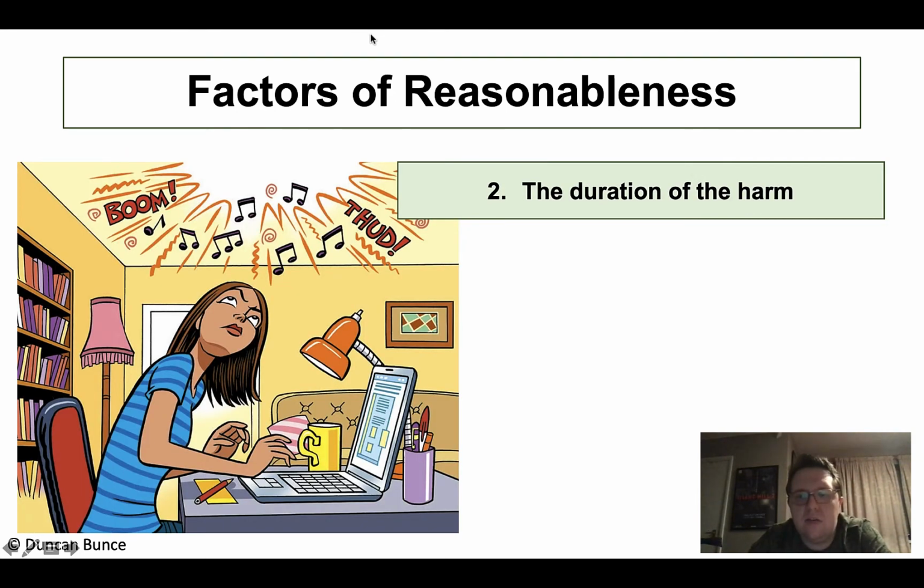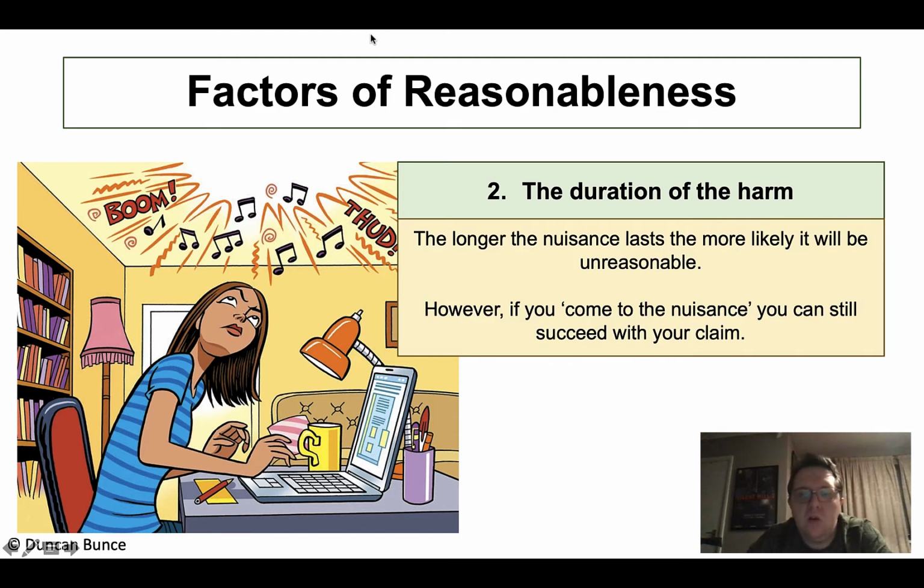Second criteria the court will look at is the duration of the harm. So the longer the nuisance lasts, the more likely it will be unreasonable. Interestingly, if the claimant comes to the nuisance, it's not going to be a defence to the defendant. So to give an example,